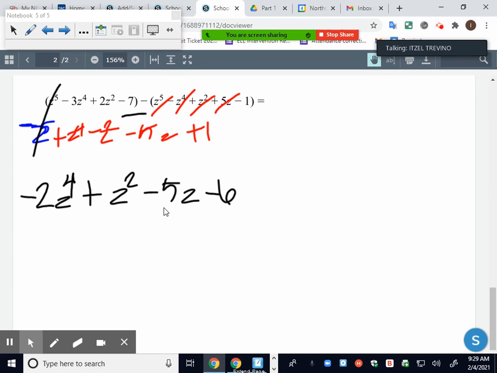And that's it. That's me adding and subtracting my polynomials. It said to subtract them, so I made sure to go ahead and distribute the negative or the subtraction to everything on the second parentheses. And then I just added them together. Okay? I added them together once the signs were correct. And I can't add any further because I have to the 4th power, the 2nd power,